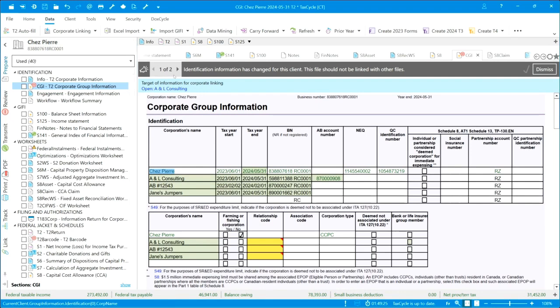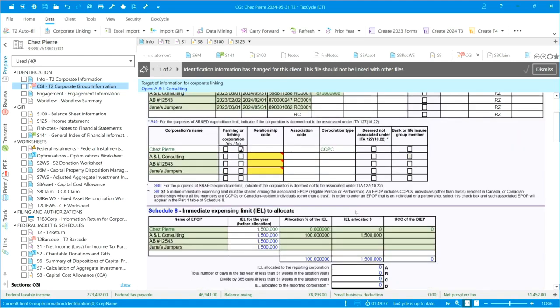I also get the option to open up my target file here. My source file, which is the A&L consulting. But you'll also notice that down here, I now have some of my shared balances. So there's my immediate expensing limit. So if I start putting some information here that's different,